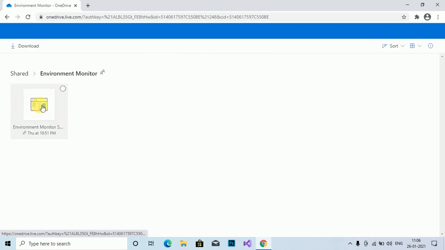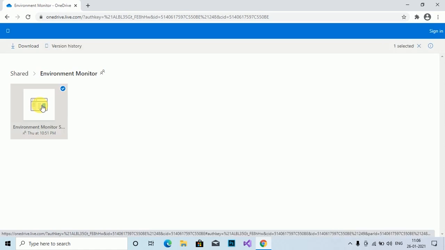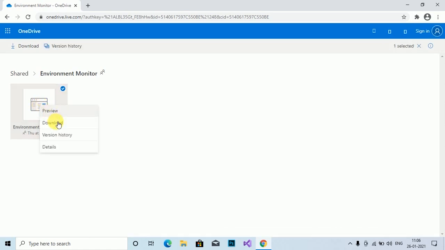Right click on the file, click on download.